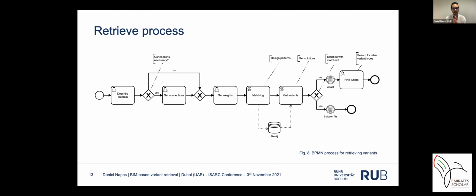And he or she is able to set connections if these are important for him. This could be a connection of two rooms, for example, a bathroom with a living room. And afterwards, the user has to weight specific parameters, how important they are for him, so that therefore the similarity calculation could retrieve some possible variants. And the specific search parameters are compared with the variant graphs stored in the database, and the matching results are